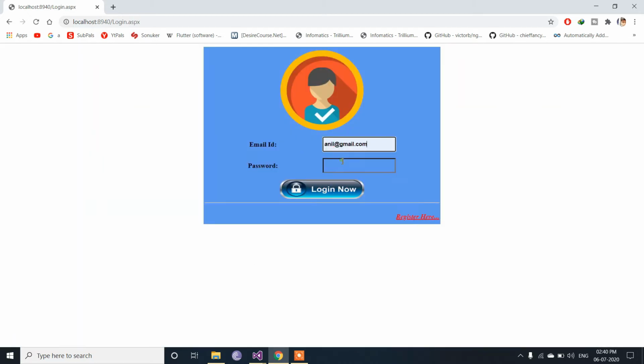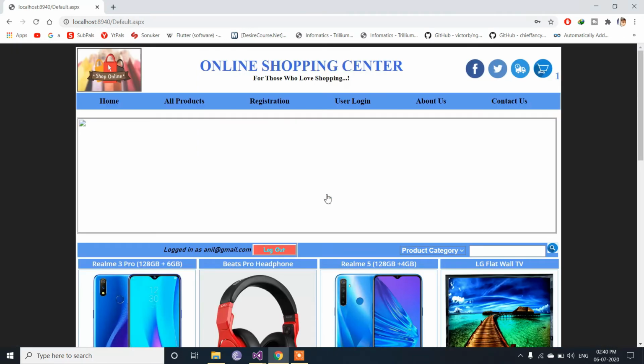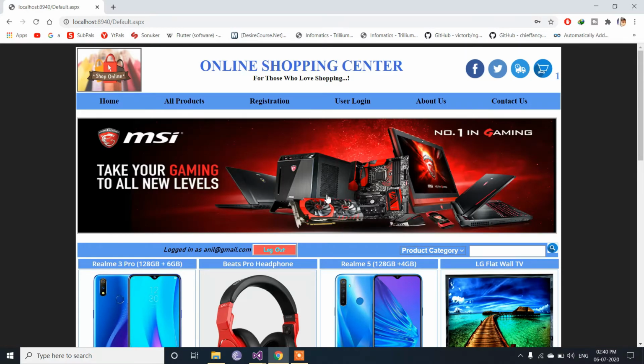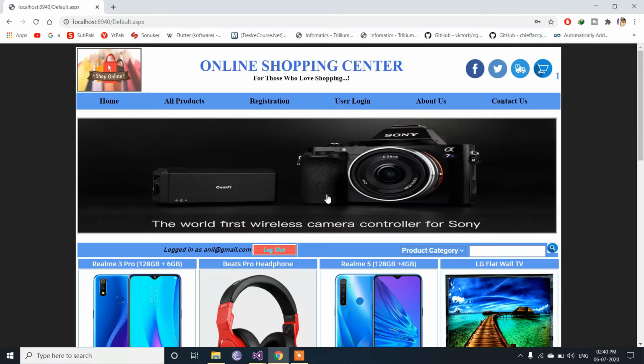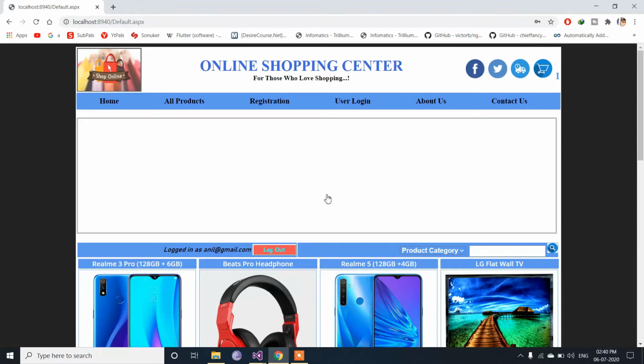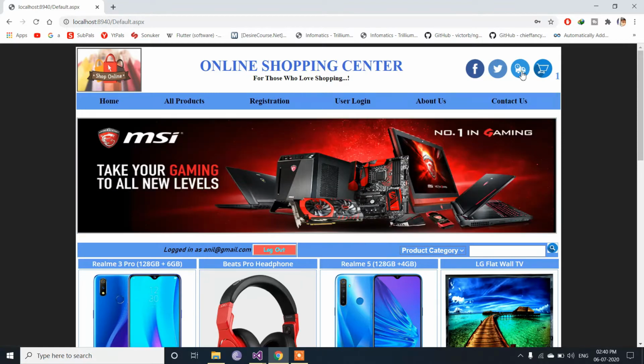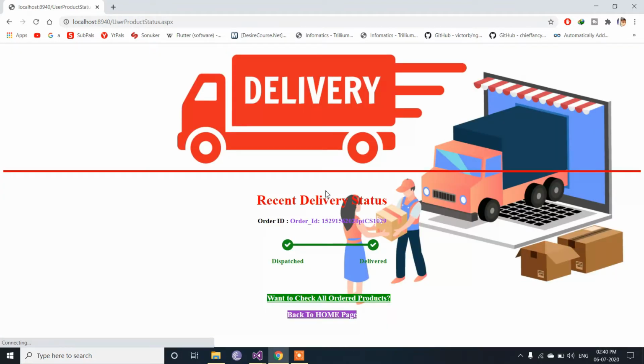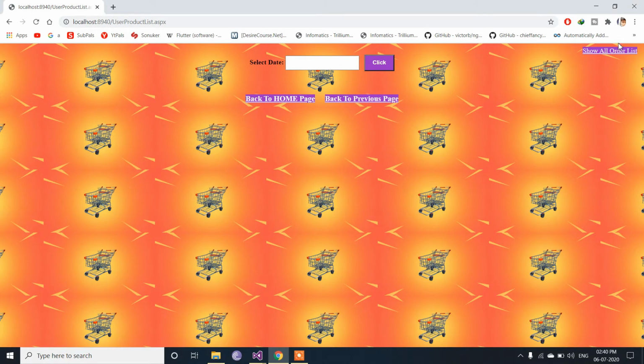In the previous video, we have seen how to display a list of order status of a user, in which the user can see the list of all orders that he has made till now with their status, that is, whether the product has been delivered or not. Today we are going to see how to download the invoice of your previous order.